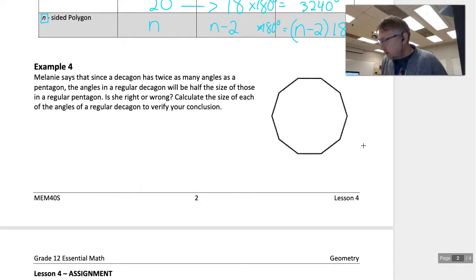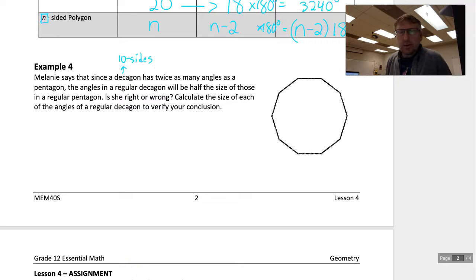Melanie, or Mulaney, says that since a decagon would mean 10 sides, comes from the word decade, 10 years. Since a decagon has twice as many sides as a pentagon, I'm cool with that. A pentagon has 5 sides. The angles in a regular decagon will be half the size of those in the regular pentagon. Is she right or wrong? Calculate the size of the angles in the regular decagon to verify your conclusion. Okay. Decagon,